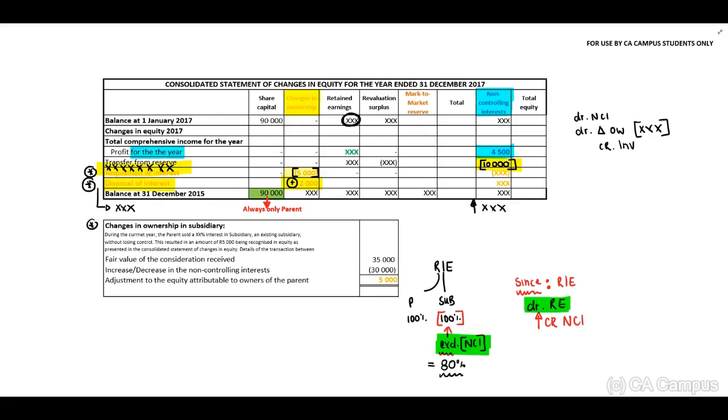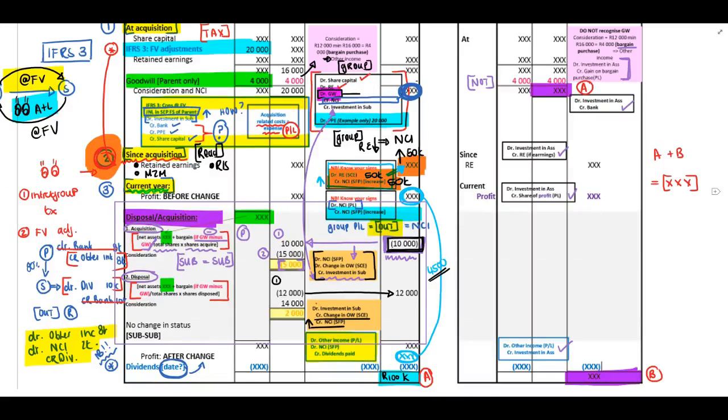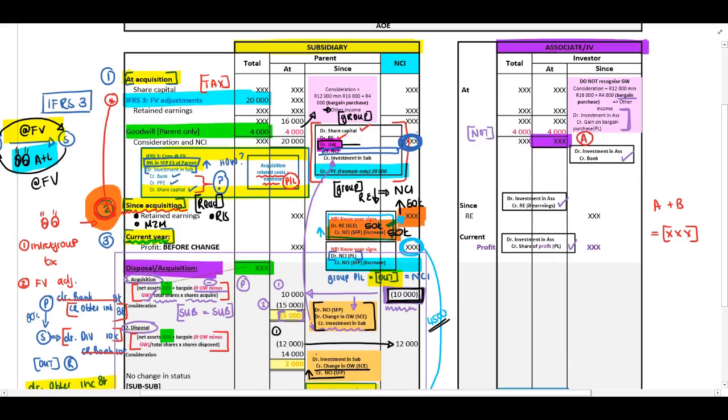And this total will be the total that will agree to our retained earnings opening balance. Now, exactly the same with the revaluation surplus and mark-to-market reserve. What I want to do is briefly talk about our NCI's opening balance. Now, when you refer back to our confusing analysis of owner's equity, guys, you will remember the first journal where we credit our